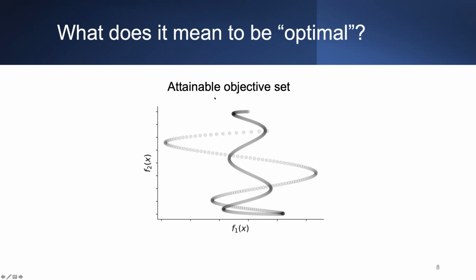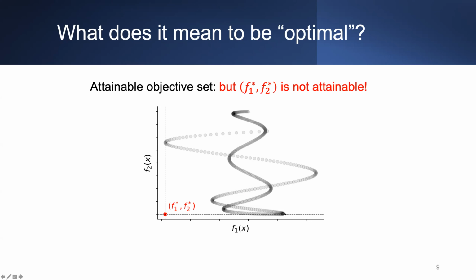So this is the attainable objective set in phase space. Here it's interesting to note that you can look at the minimum F1 value that you can get, which is somewhere here, and the minimum F2, which is somewhere there. But there is no single configuration that simultaneously minimizes both objectives, right? So attaining this kind of ideal goal, where you simultaneously minimize both your error as well as being fair to everyone, is